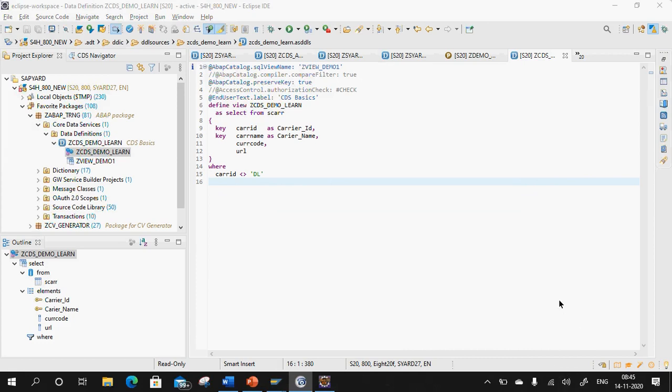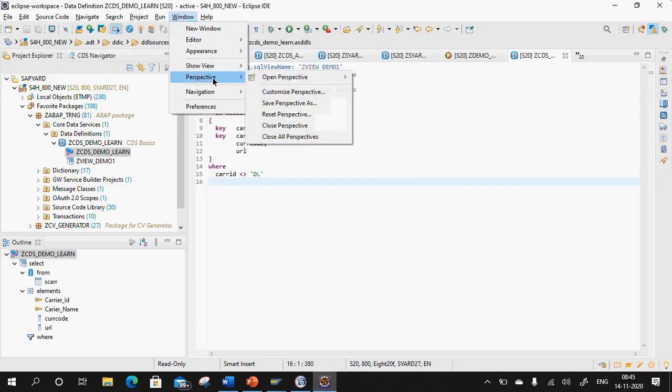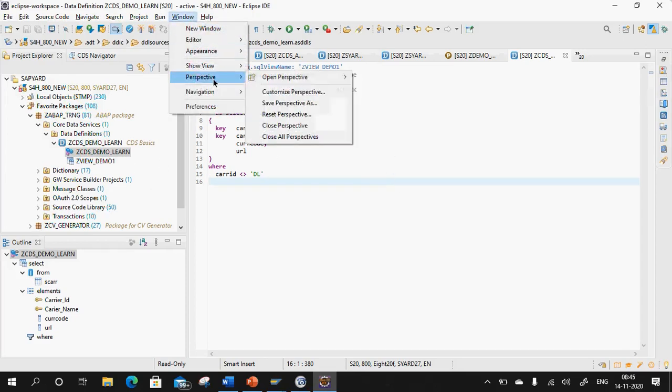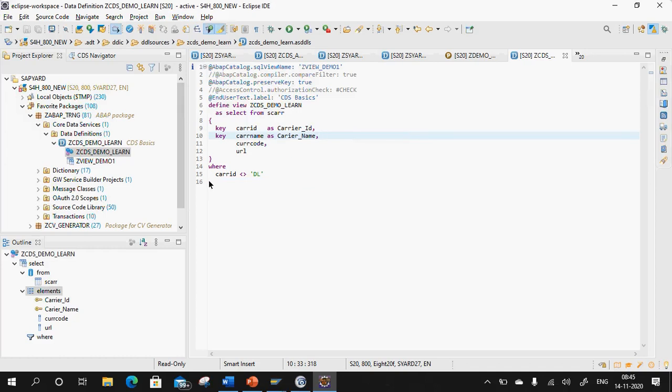I did not get you, Aditya. What do you mean? How to change the view to get the web screen on the right side, as in? Like this you are telling, or what? So you can do one thing in window, go to perspective and reset your perspective. Once you open your ABAP perspective, in case some of your things are not in place, click on window, click on go to, click on reset your perspective, and you can reset your perspective in this way.